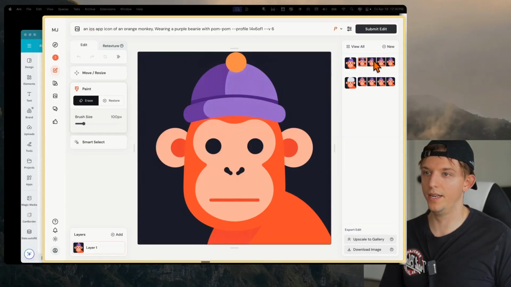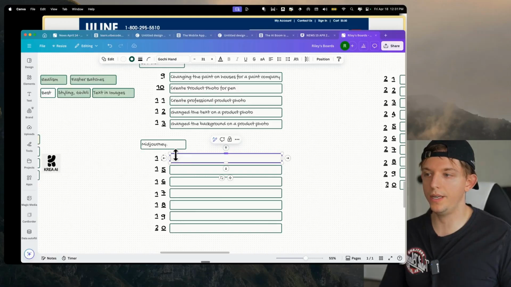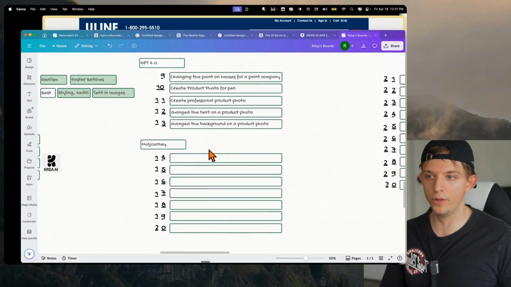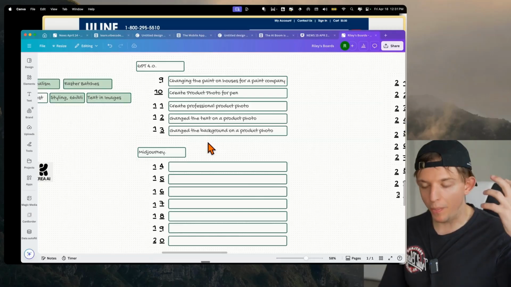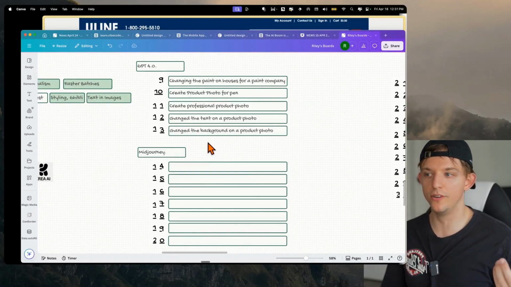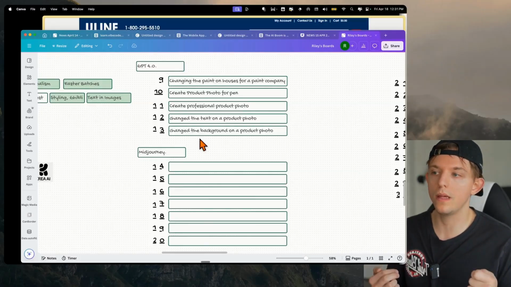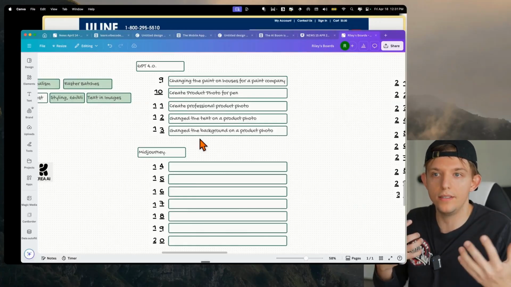And there you go. It added this little pom-pom. There, that's fine. And so within Midjourney, we had some interesting use cases here. Even though it seemed like what we did was simple, we did a lot. To pay someone to ideate around an app icon could cost thousands of dollars. And I'm not saying what we did is in equal quality, but we were able to ideate, to have this